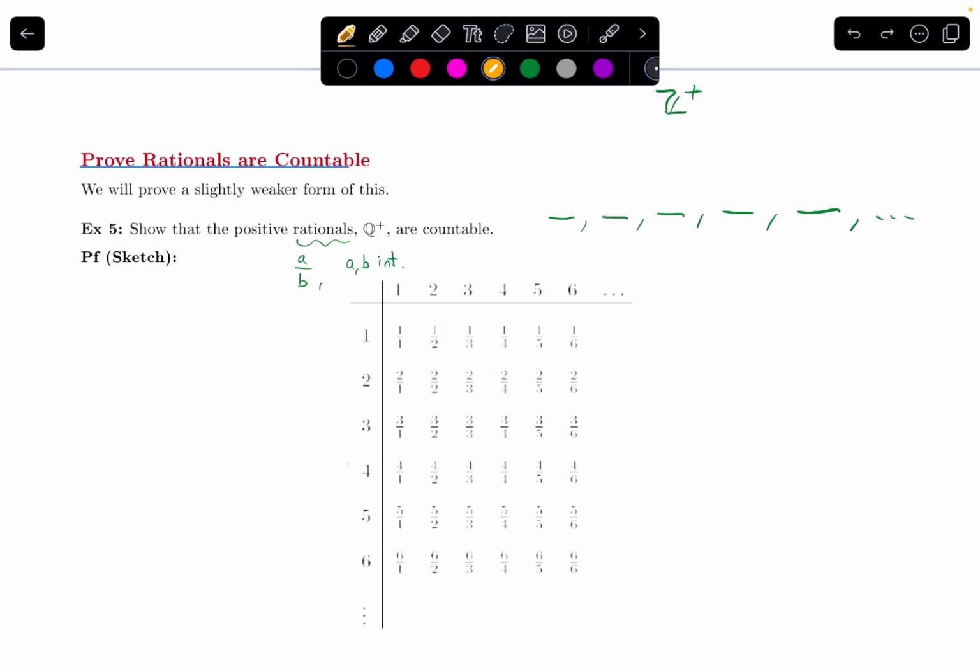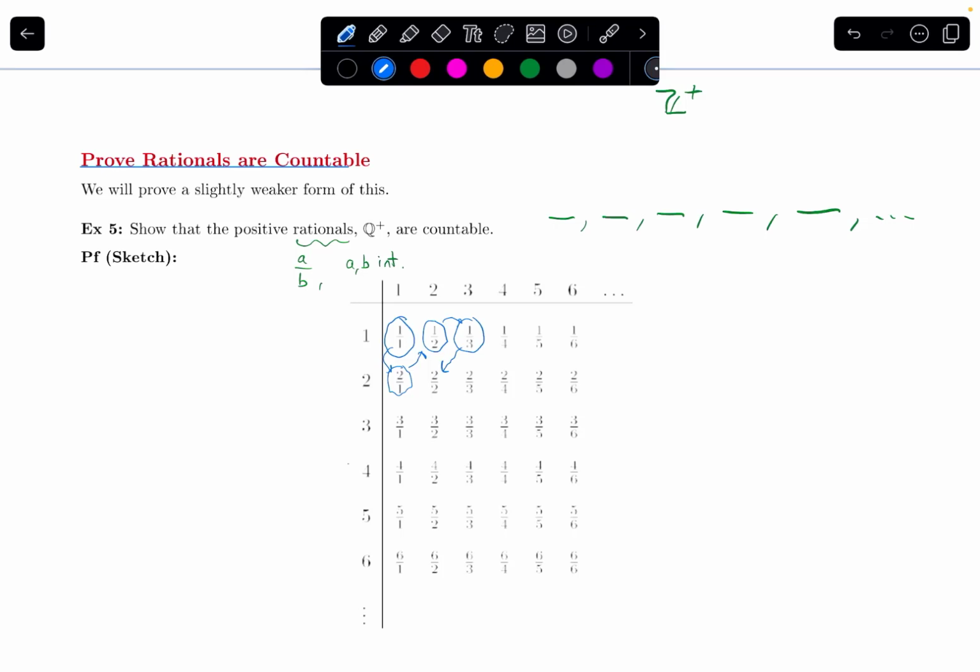So here's how I'm going to list them systematically. Let's start with the top left corner, the 1/1. After that, I'm going to go down to the 2/1. From there, I'm going to snake up this diagonal, hop on over, snake down this diagonal, hop on down, snake up, and then over, and then snake down, and I'm going to keep going along diagonals like this. Okay, so from here, I'll go to 1/2, then I'll go to the next diagonal, 1/3,